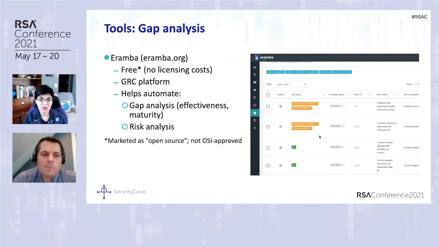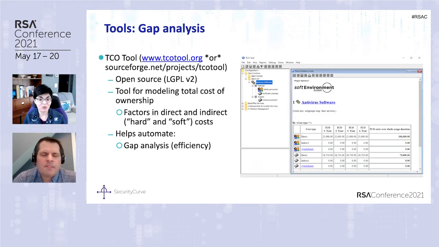And one of the things that we talked about was efficiency and whether or not you're spending too much for a control versus what that control is giving you. So looking at another gap analysis tool that can help with analytics is actually the TCO tool itself, which is open source, and it helps you model the total cost of ownership of that tool. That means both what you're paying, because a lot of times the licensing fees are X, but the actual care and feeding of a tool, or control, can really add up.